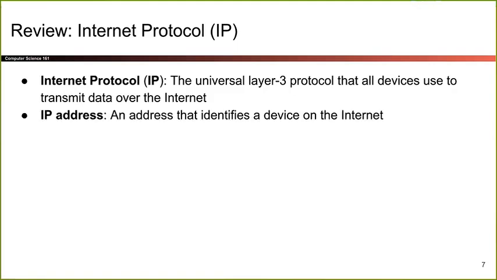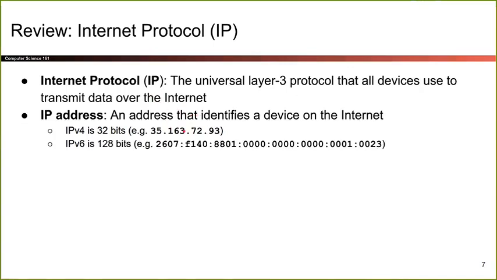And remember, IP uses something called an IP address. So these are addresses that identify a device anywhere on the internet. So yesterday was MAC addresses, which are for devices in a local network. Today is IP addresses for devices on the global network. Now there are two versions. So the one we'll see in this class is IPv4, which is just 32 bits long. Sometimes you'll see IPv6 addresses these days because I guess the internet got so big that there are not enough IPv4 addresses anymore. So sometimes you see these longer ones that are IPv6, and these are 128 bits.